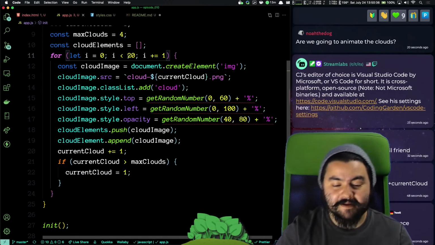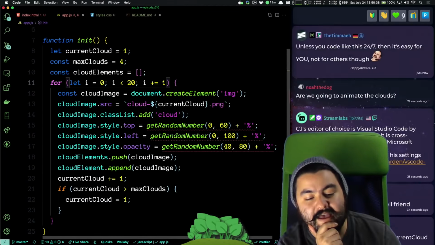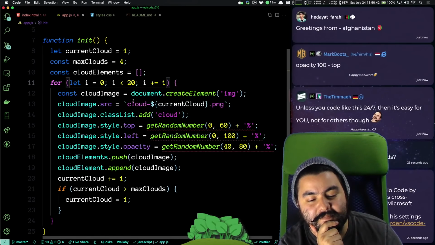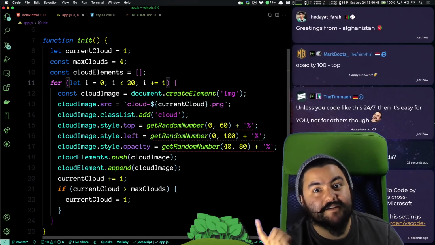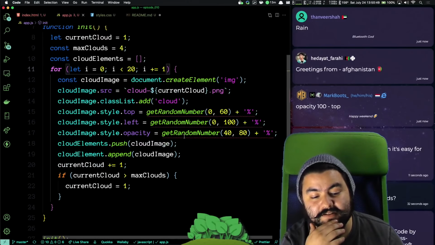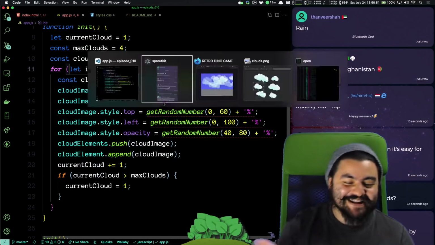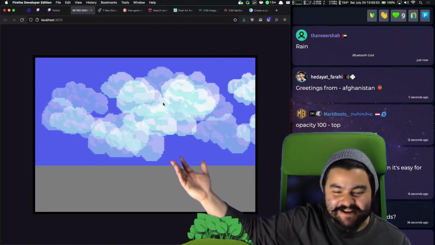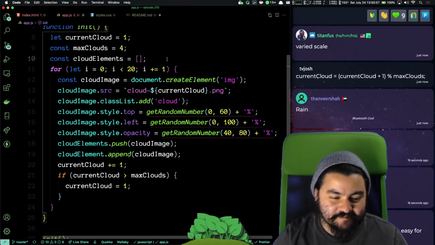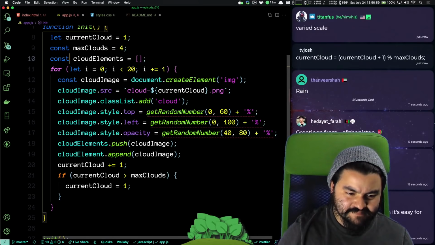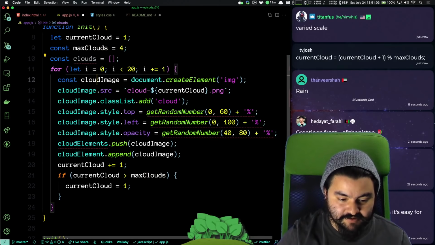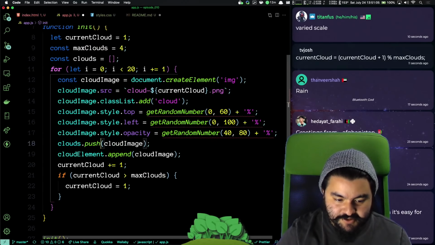And then I guess clouds should have a random velocity, so they're moving at different speeds as well. I mean, at this point, we're not even coding the game; we're just animating clouds on the page. But it's fine. So here's what I'm going to do. The array is just going to be called clouds, and when we push it in,